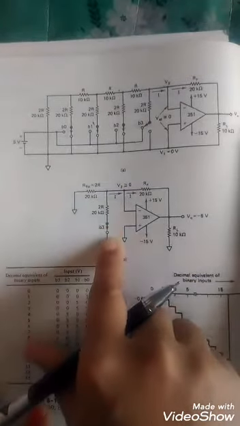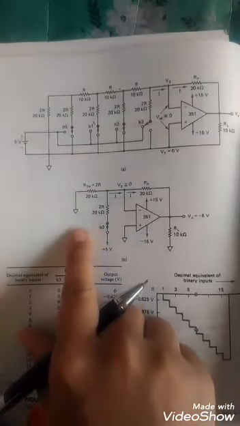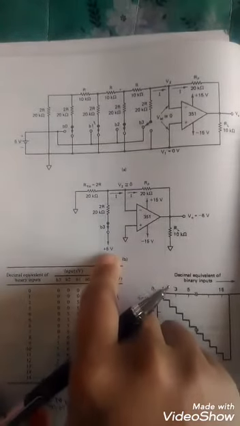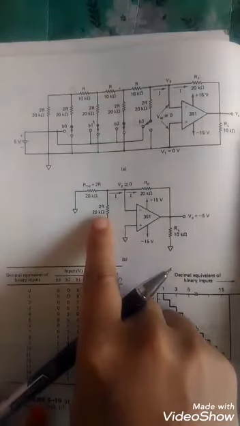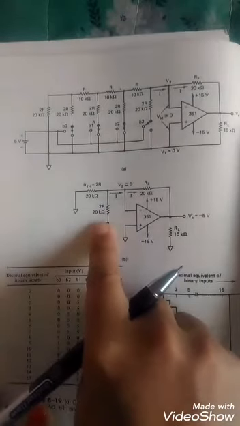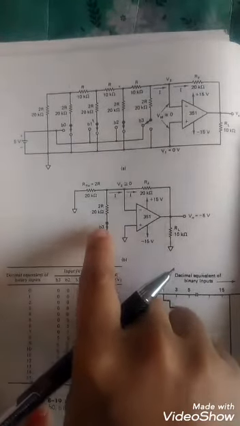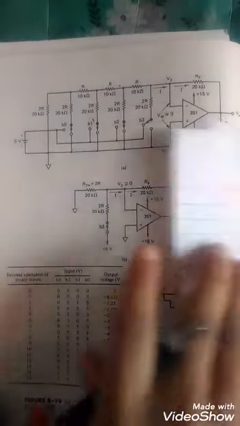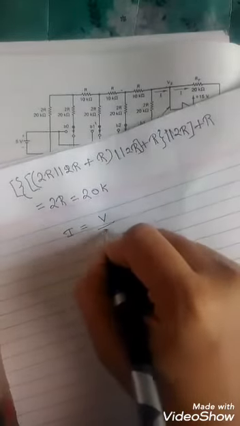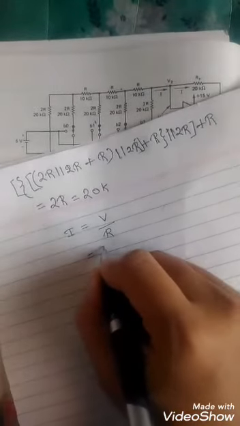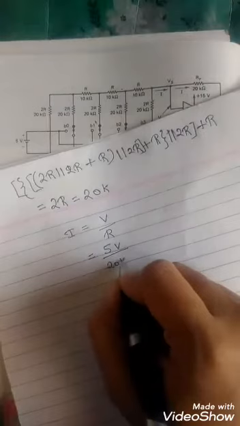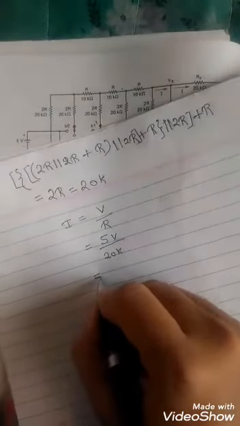Then see this part. Here you will be having that this B3 switch is connected to plus 5 volts. The voltage applied to the B3 switch is plus 5 volts and the resistor connected is 20 kilo ohms. Then what about the current through this? You will be knowing the current formula. I is equal to V divided by R. Okay. What can we write? I is equal to V divided by R. What is the value of V? V is 5 volts divided by R, which is 20 kilo ohms. If I solve this, what will I have?